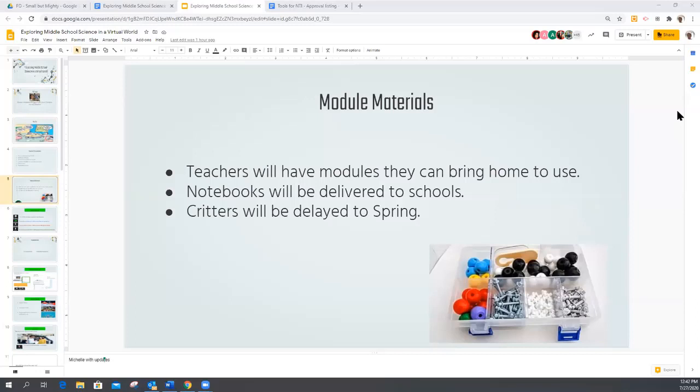They will be delivered to your schools by the 10th of August, along with the notebooks. Our understanding is that schools and the district principals are working on when teachers will be in and able to actually get whatever it is that they need to take home. There's also your principals and teacher leads.